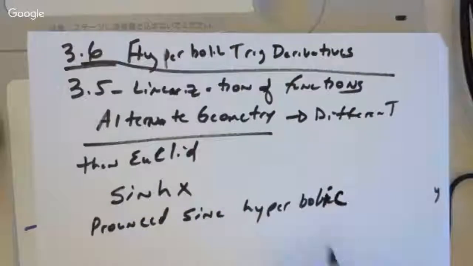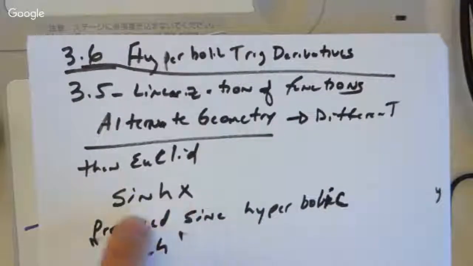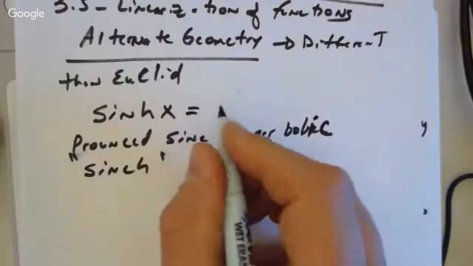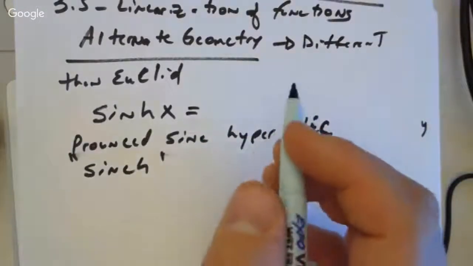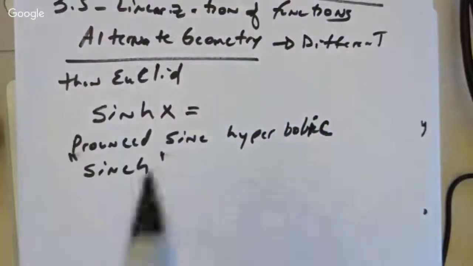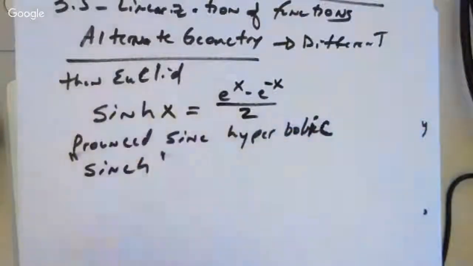Sine hyperbolic. The shortcut is it's called sinh. So if somebody says the sinh of x, they're talking about the sine hyperbolic. What's that equal to? Well, kind of weird. It's actually defined in terms of e. Remember I told you that really weird things end up being defined by e? Ugh, this is another one of those crazy ones. It's the sine, so it still is a ratio, but the ratio is defined by e to the x minus e to the negative x all over 2. Whenever anybody says sine hyperbolic, they mean e to the x minus e to the negative x all over 2.